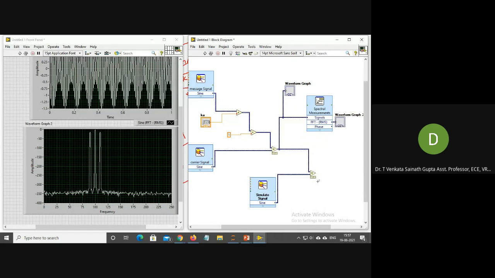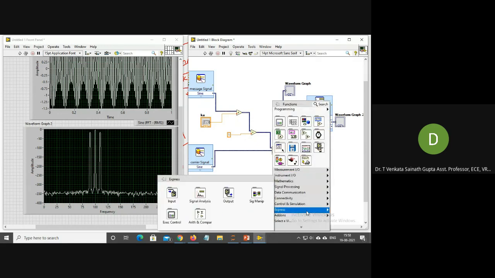Okay. So you know that in coherent detection, you will multiply your modulated signal again with the carrier, and this particular thing is passed through a filter. I am again repeating this. In coherent detection, you multiply your modulated signal with carrier, and you pass this signal, which is multiplied with carrier, through a low pass filter. Whenever you pass through this low pass filter, you will get back your message signal. So I had multiplied it with carrier, and then